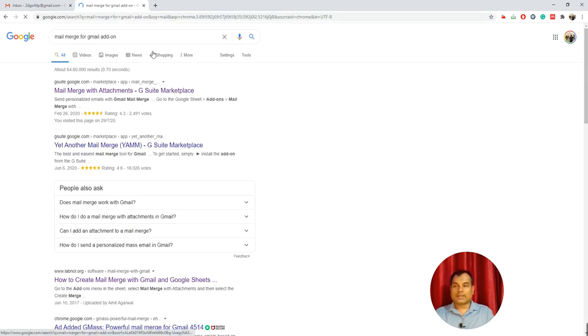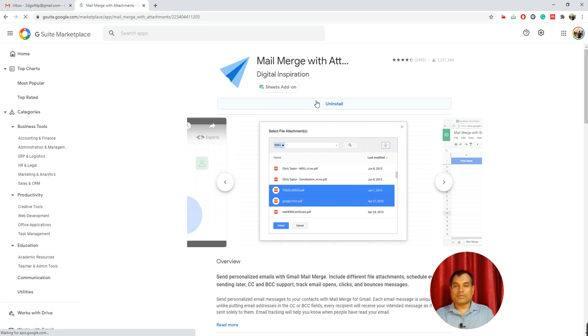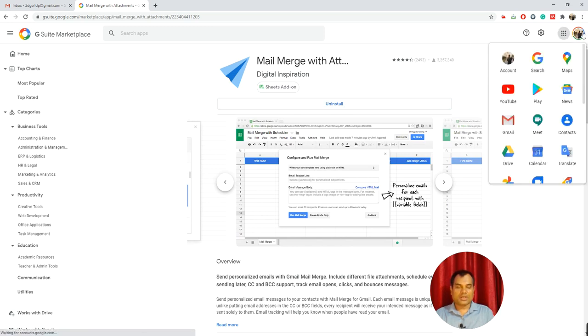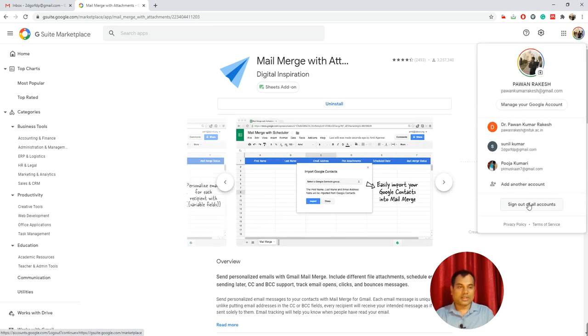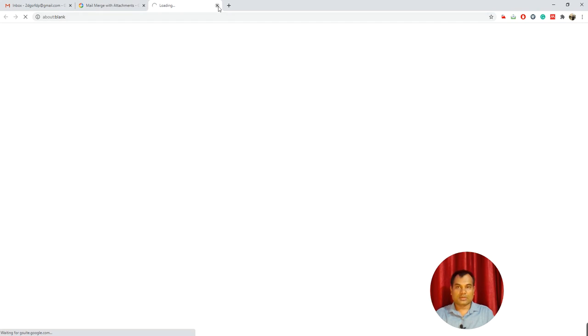So by clicking this, we will receive the mail merge attachment. You can just click it, and here it is asking for the mail merge attachment. So now we have this. First I have to sign out from this, and I will use this account.